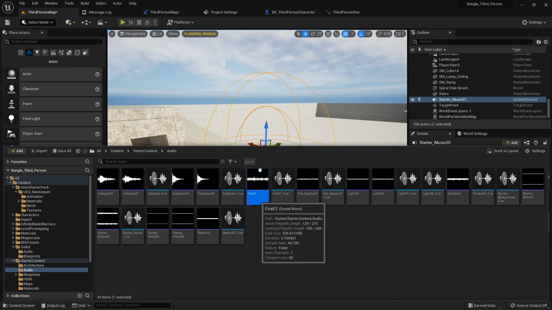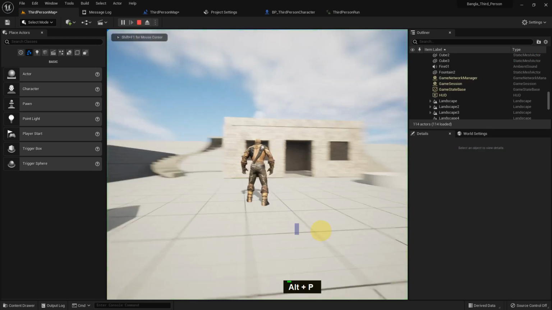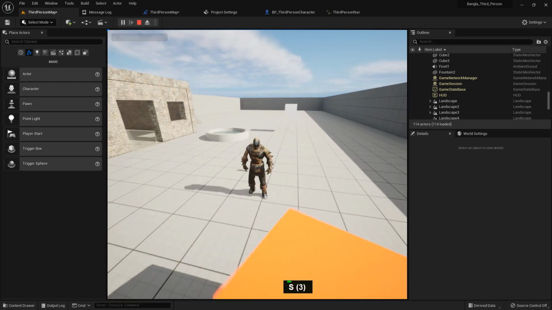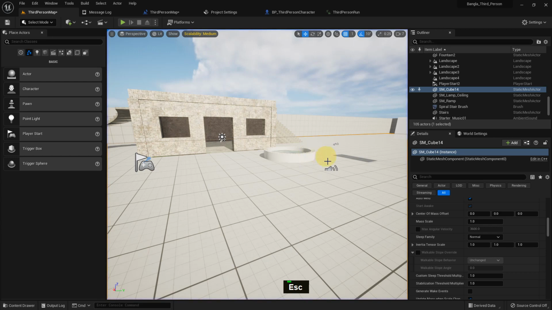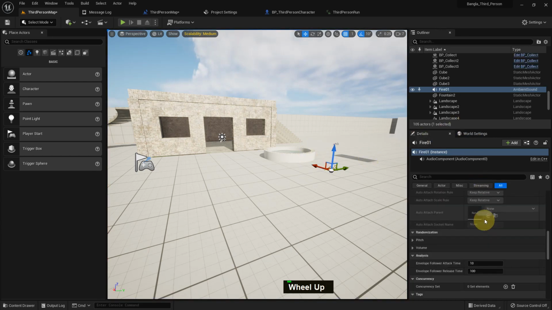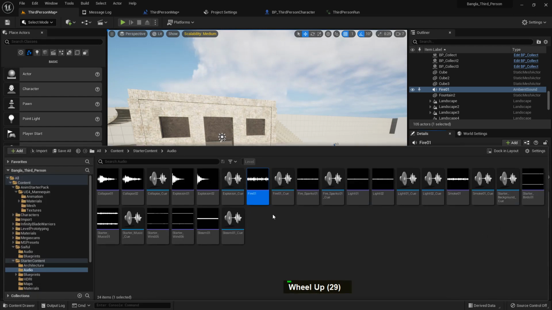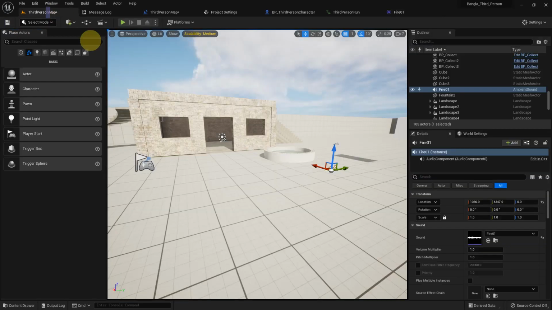There is also a function called Cue, which I'll show you later. So I just drag and drop the fire sound, and we can hear the fire sound continually and repeatedly. So the sound is looping. If we go to the sound and see the sound properties, you can see there is an option called looping. That's why the sound never stops and plays